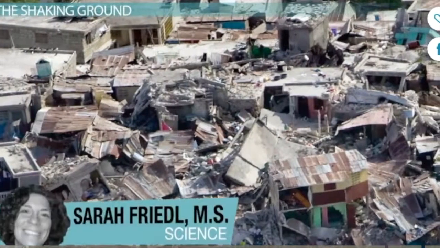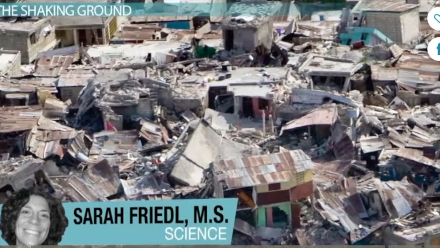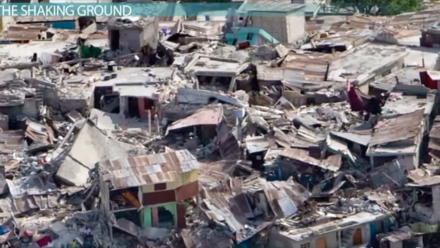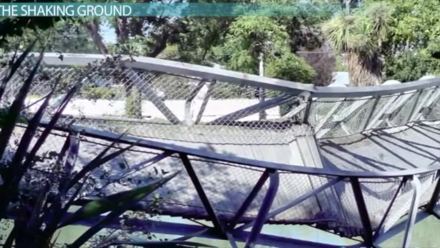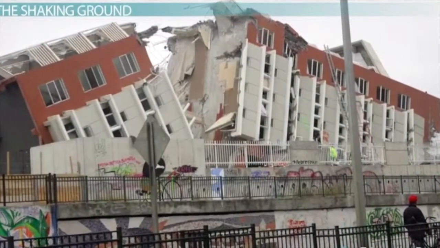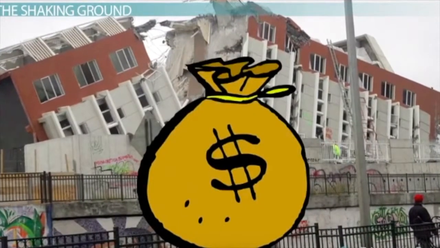Earthquakes are some of the most dangerous natural disasters humans have experienced. They often come with little warning and can cause serious damage. Buildings collapse, roads cave in, and landslides tumble downhill during an earthquake. People may be trapped in their homes or under debris, and the cost of rebuilding after such an event can be tremendous.